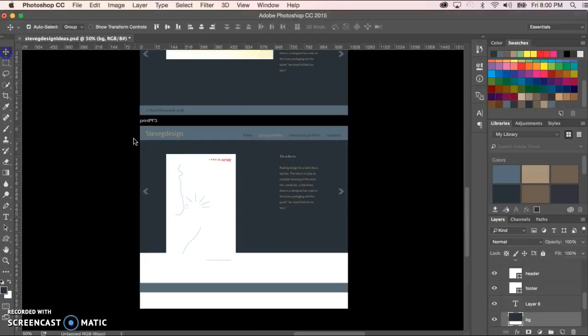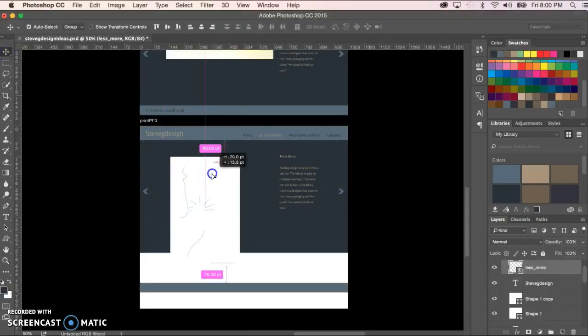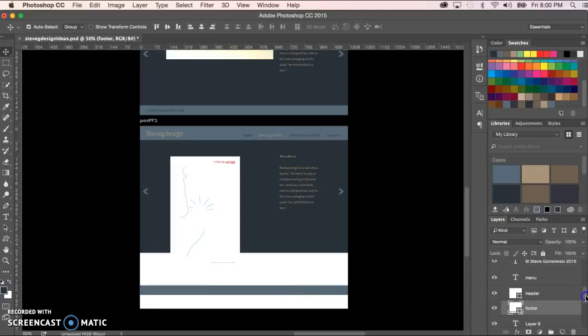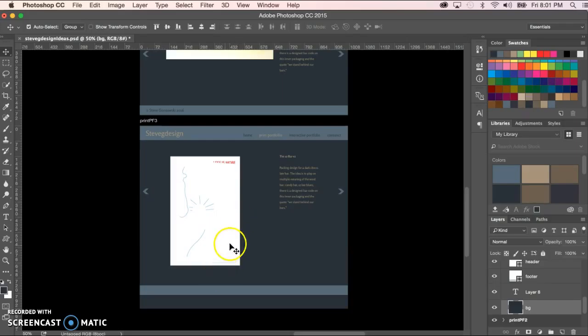I just switched back to the regular move tool, move this around a little bit in here, grab the footer, started to move it down, and then I realized that I have to fill in some more of the color of my background. So find the background layer, select it, select the color that I was using, and then Option Delete, and then go ahead and move things around, get them the way I want, find the footer content that disappeared,